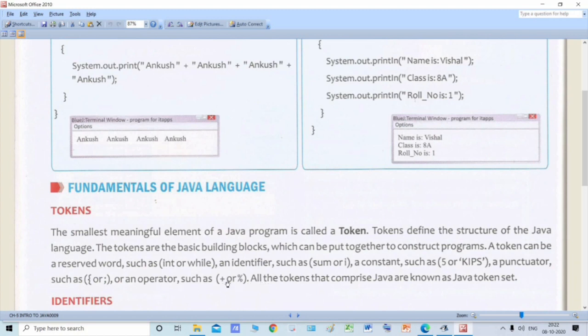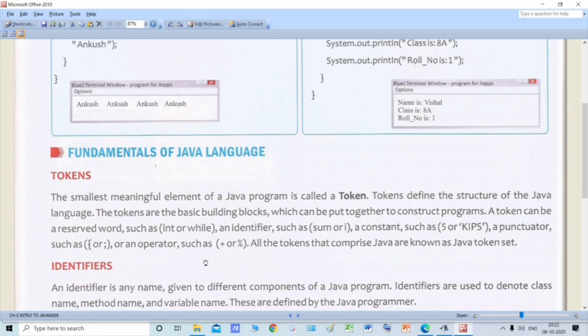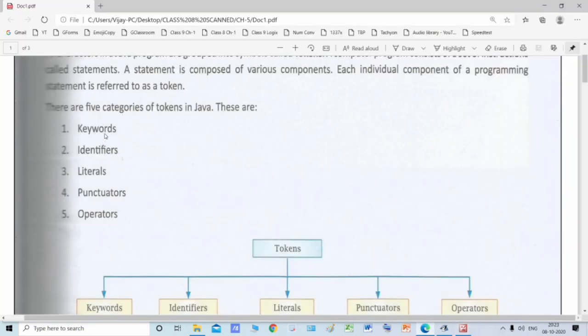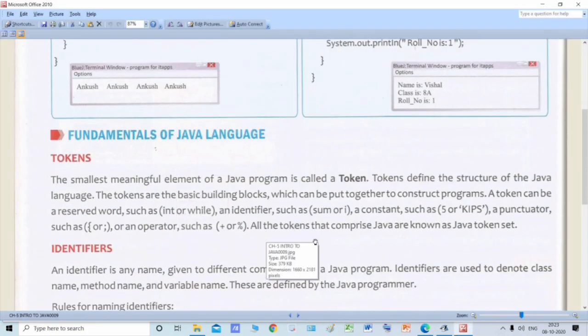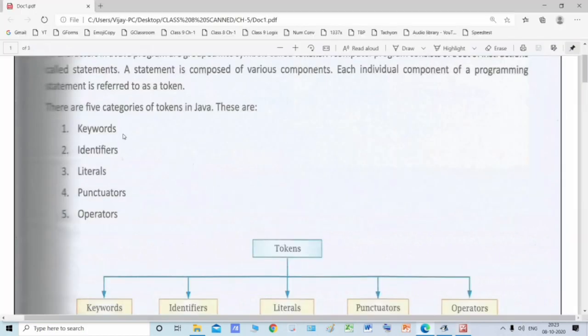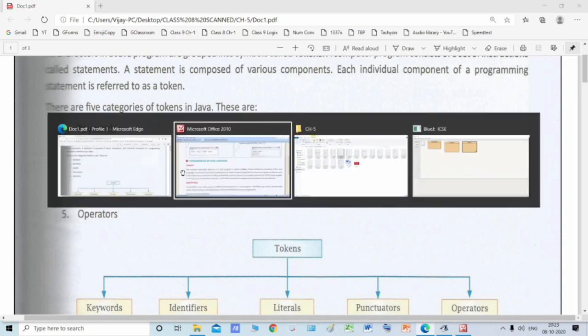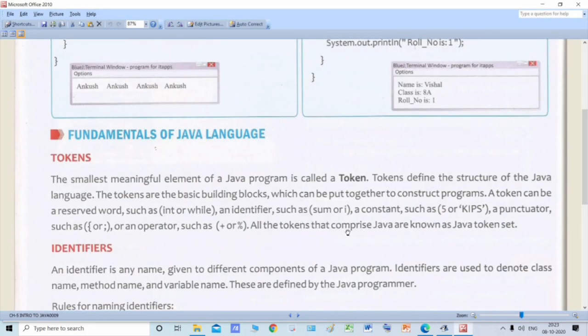Arithmetic means mathematical operations. So you will be studying about each of these 5 types of tokens in Java. Now all the tokens that comprise Java, that means all these 5 types of tokens and their examples, are known as the Java token set.